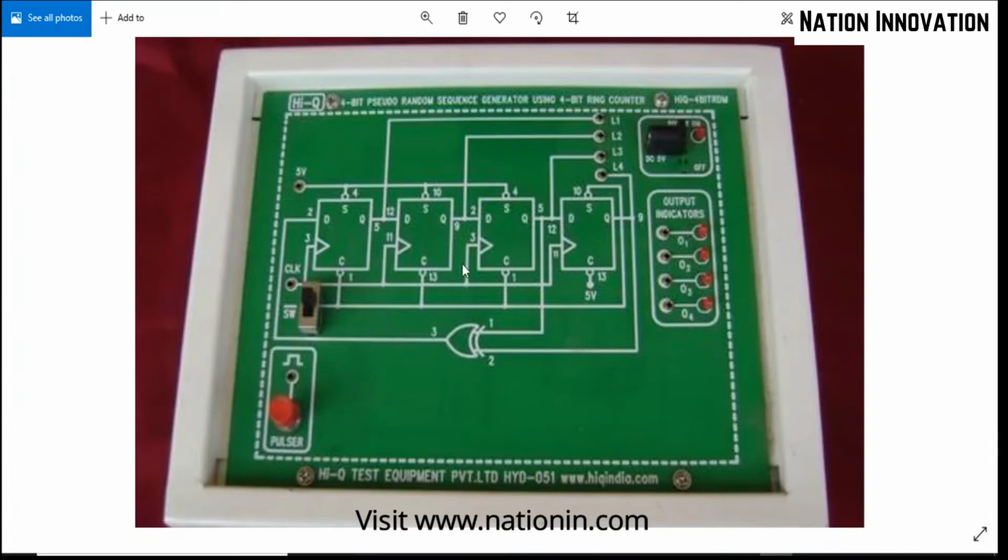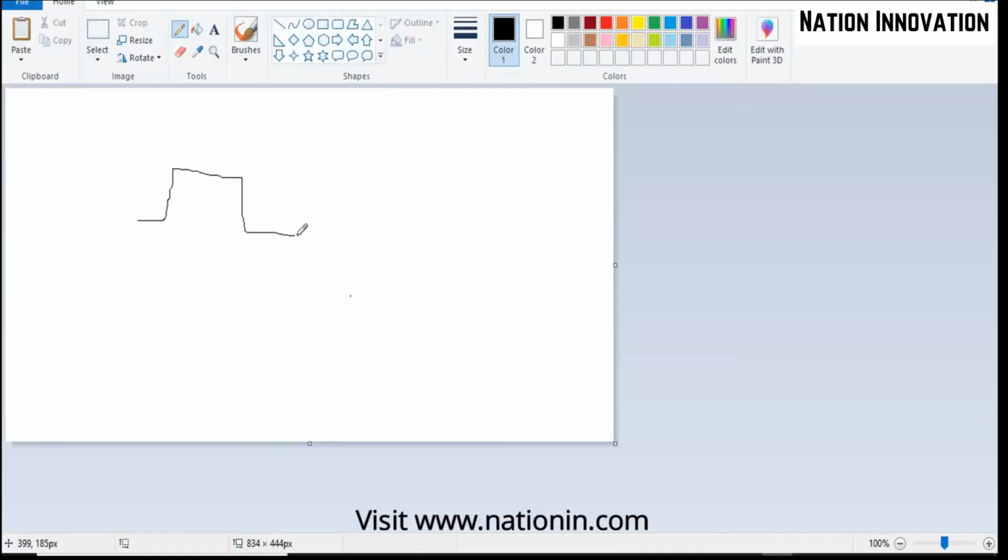Basically, it is a clocking event. Whenever there is a clock, just give me a moment. I will open some other editor. Suppose this is our clock pulse. This is a representation of a signal.